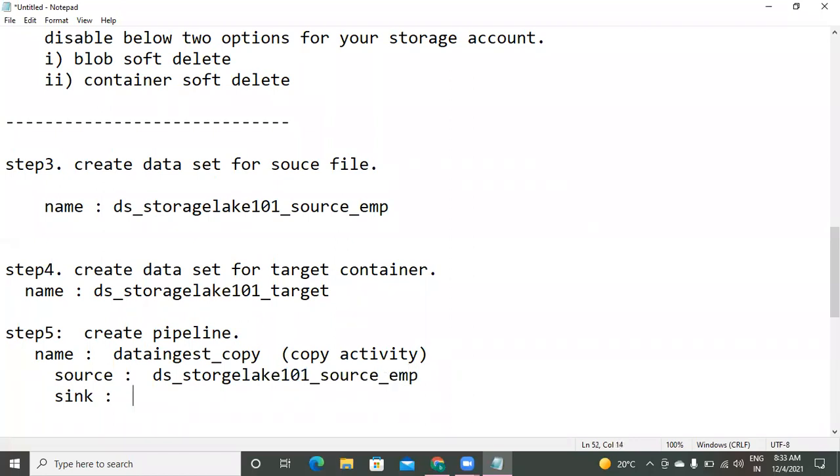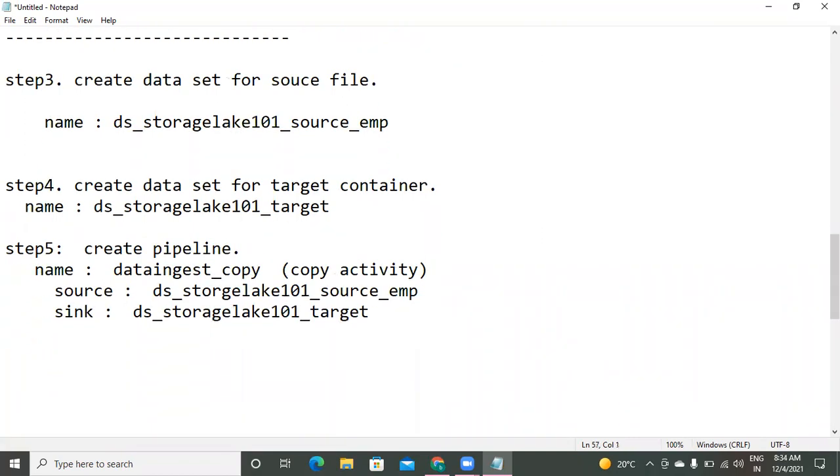Next, DS storage lake 101 underscore target. Only this configuration. We did not do any mapping between them. The file will be copied easily because you are not expecting any transformations. In coming examples, we'll be seeing this mapping also.